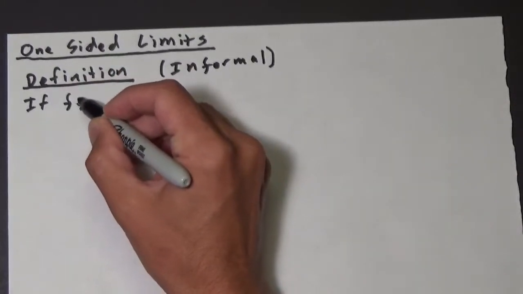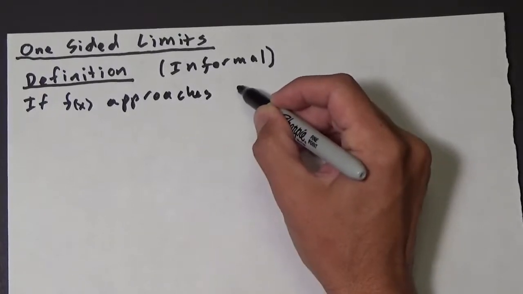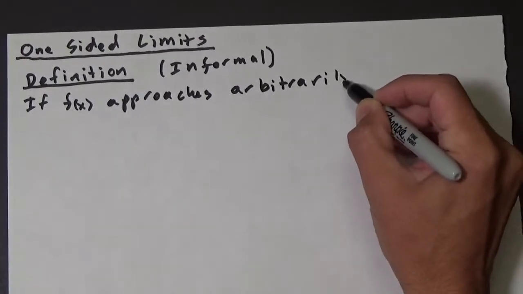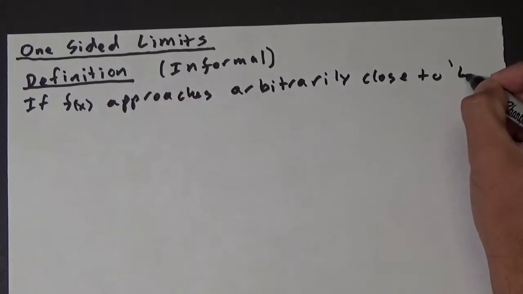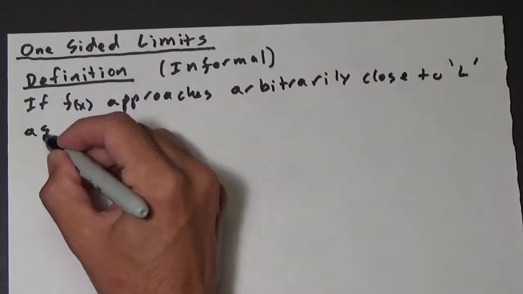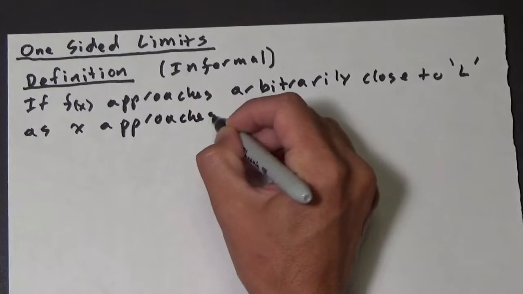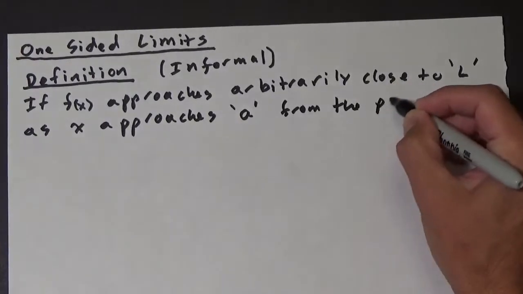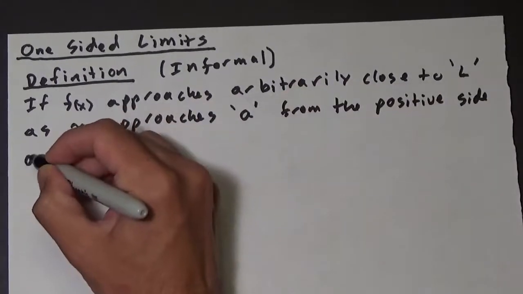If f of x approaches arbitrarily close to L, as x approaches A from the positive side of A,